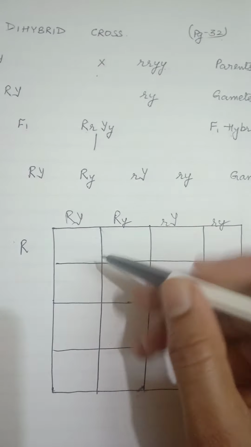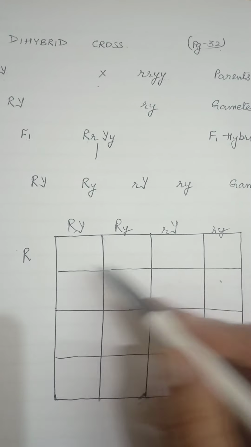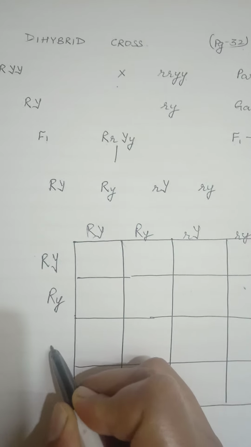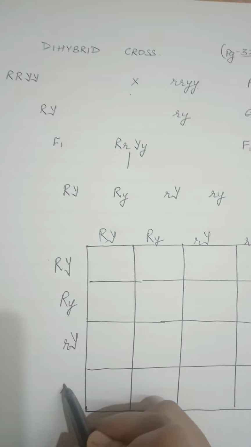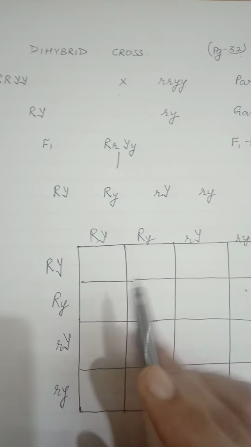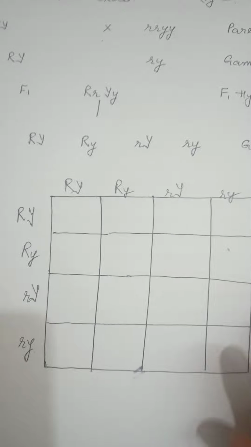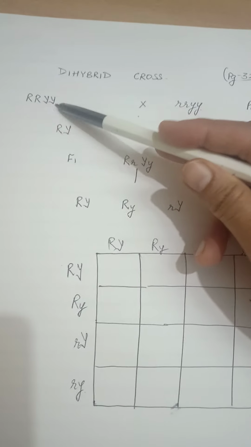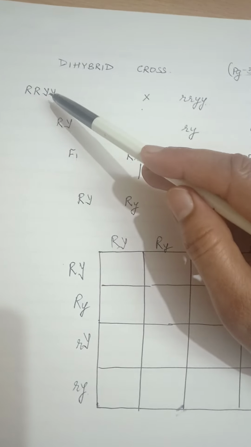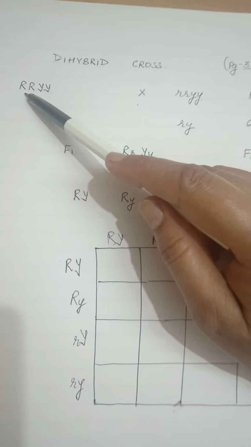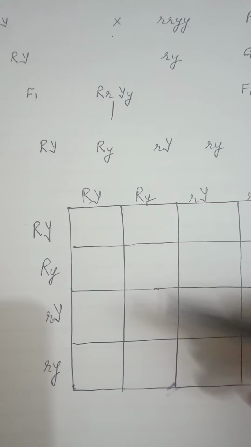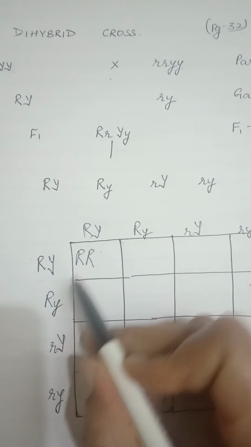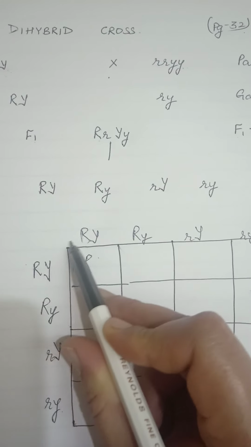So we will write both in the same sequence, horizontally as well as vertically. I have explained this earlier also when we were doing the lesson, but I felt that many times, even in spite of explaining many times, children are not able to get it, that in dihybrid cross we have to write four letters representing four alleles, diploid condition. So now these two together we will write here, and remember, alleles of one character will come together.